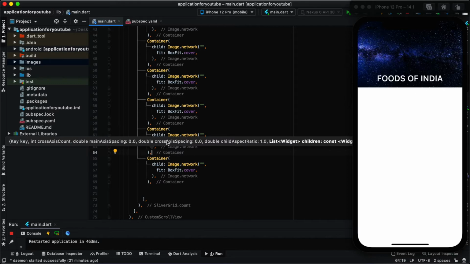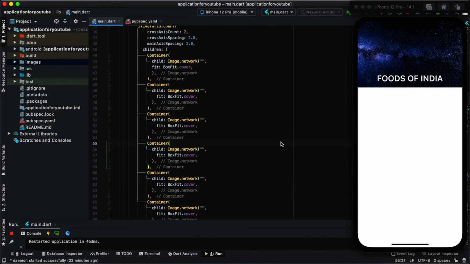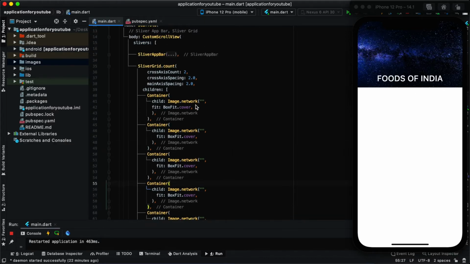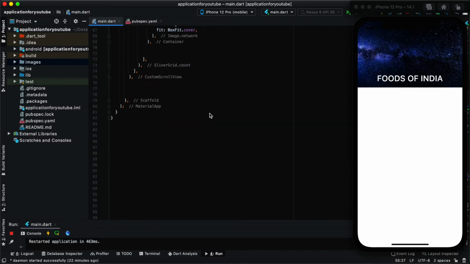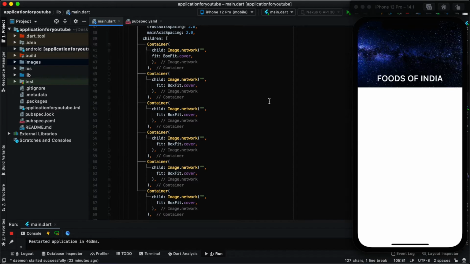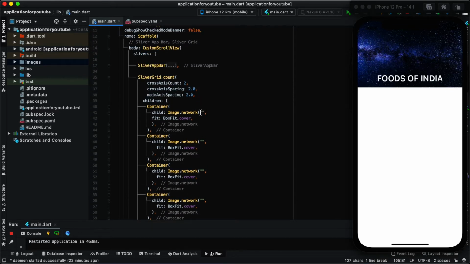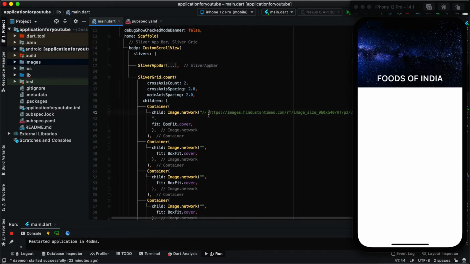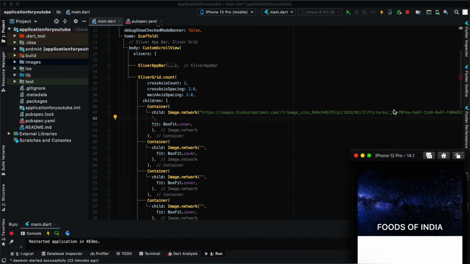Now I'll be using these containers. So I'll just provide the images in this Image.network. I'll choose it from here. I have this image first. Just a second.